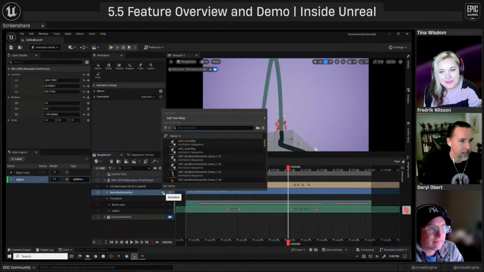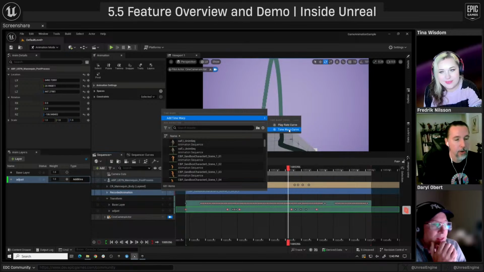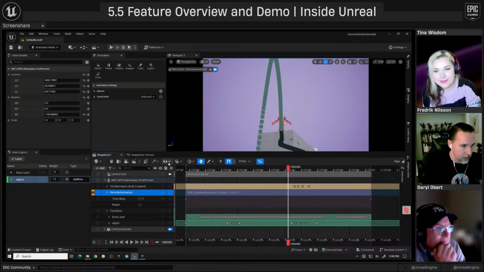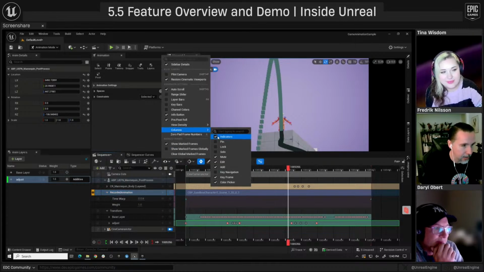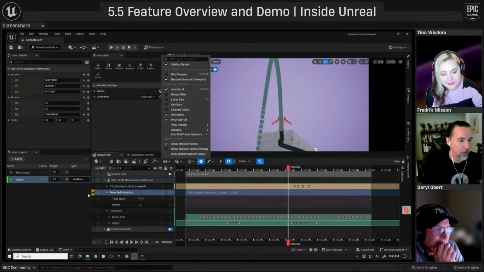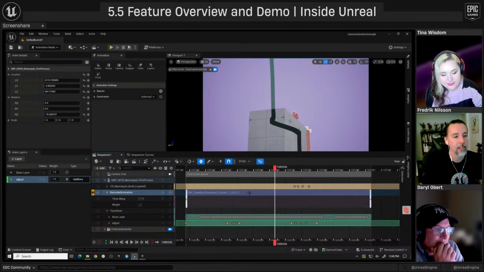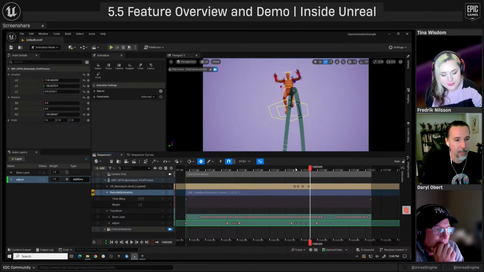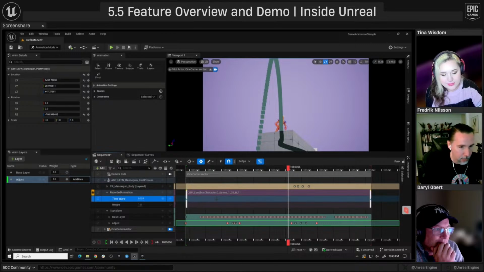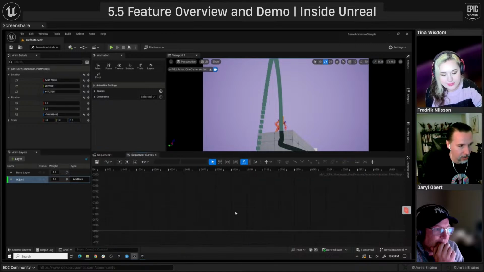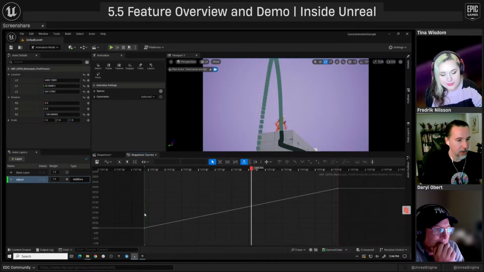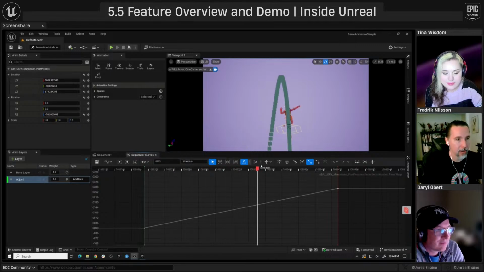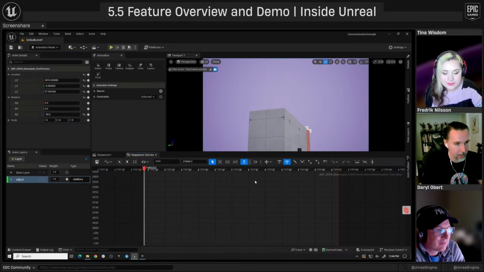I just hit this plus sign next to the clip. I go add time warp and I say time warp curve. And what that did, you'll see that's where this indicators column that I mentioned earlier, is just that column at the end. This is just showing you that you are using a time warp curve on this anim clip. So right now it's the same animation, same timing, everything. But the cool thing is now there's a time warp track here. And you'll see this is just a curve going from the beginning of my shot to the end of my shot. And if I start playing with this curve, like I set a keyframe here, oops.